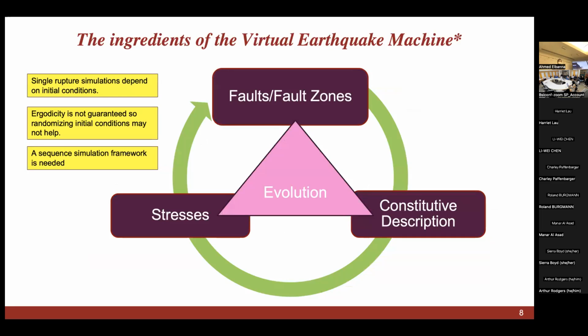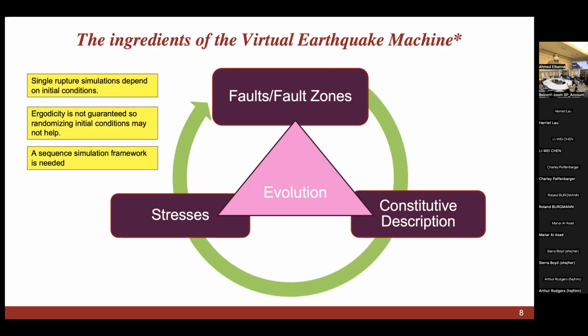And there are minimum ingredients for this earthquake machine. You need to have faults and fault zones. You need some sort of constitutive description to define the behavior of the bulk. And then you need to track stresses and frictional evolution. And most importantly, you need to put this in an evolution framework where you can track these feedback cycles between the different components. Of course, this builds upon early attempts, for example, to understand earthquake rupture physics through single